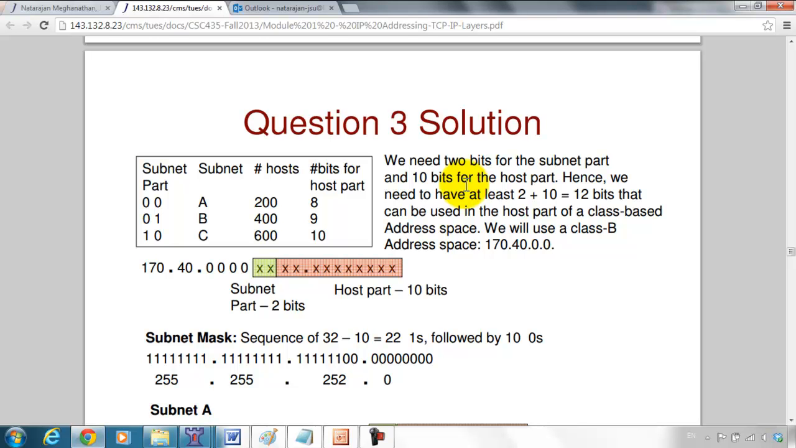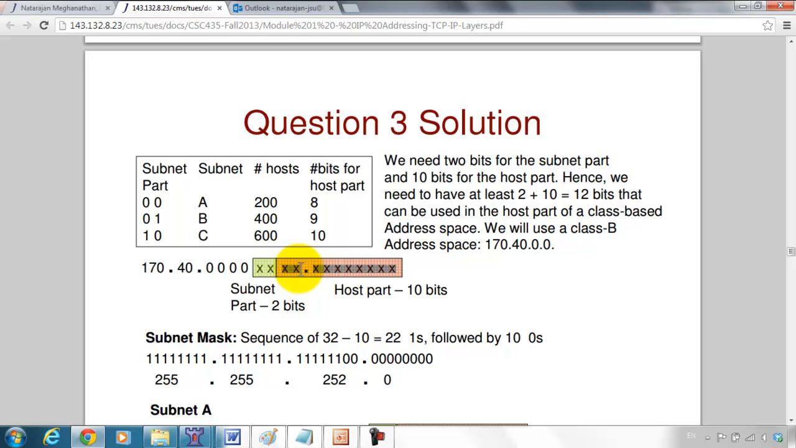With the class C address space, we can play with only the 8 bits of the host part. Remember, in subnetting, we can play only with the host part of a class-based address space. So in the class C address space, we can use only 8 bits for the host part. So we need to use a class B address space where we have 16 bits in the host part, so we need only 12 bits. So what we are going to do is we'll use the last 10 bits. Remember, we need 10 bits for the host part here. So we'll use the last 8 bits as well as the last 2 bits of the third byte in the